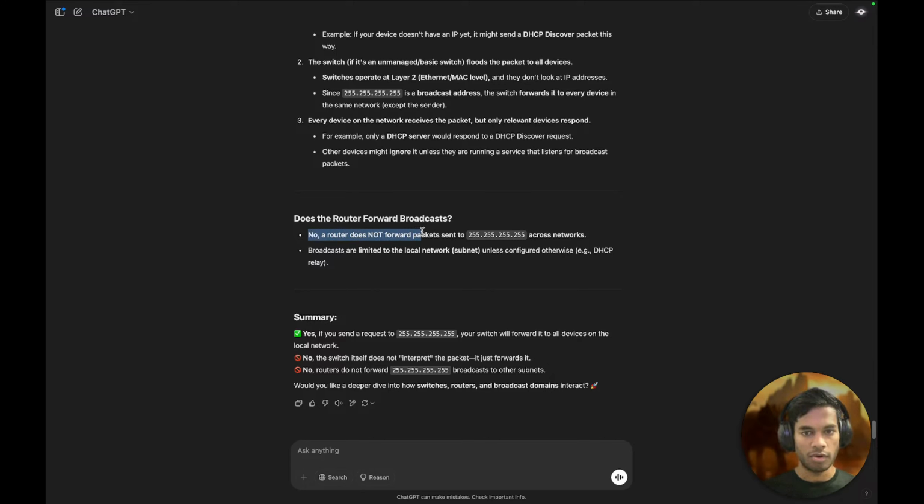No, a router does not forward packets sent to this across networks. Broadcasts are limited to the local network subnet unless configured otherwise, for example DHCP relay. Okay, so every subnet has a DHCP server running on one of the connected devices, and now the DHCP server